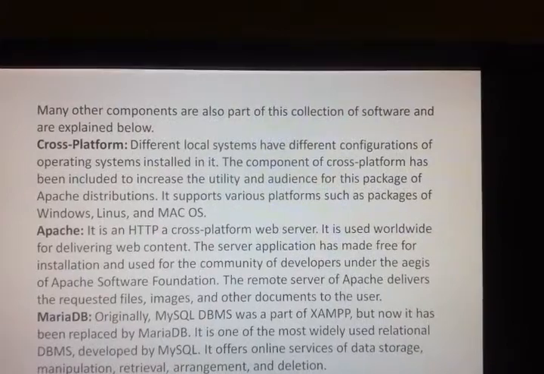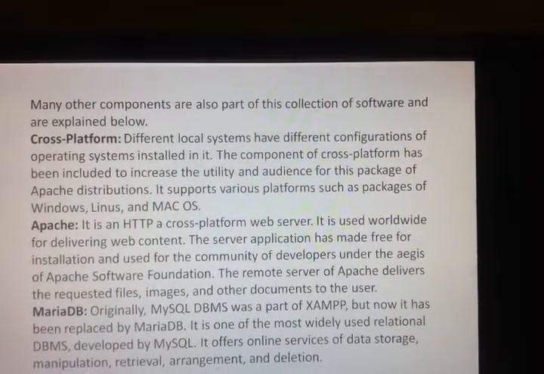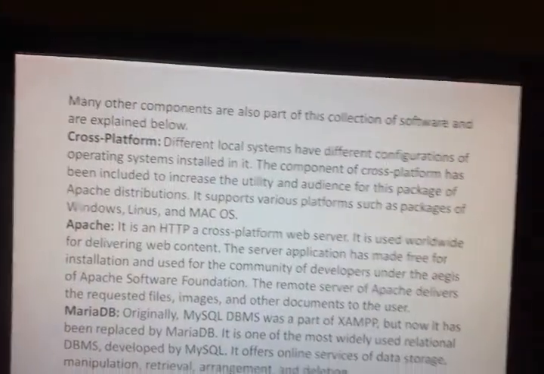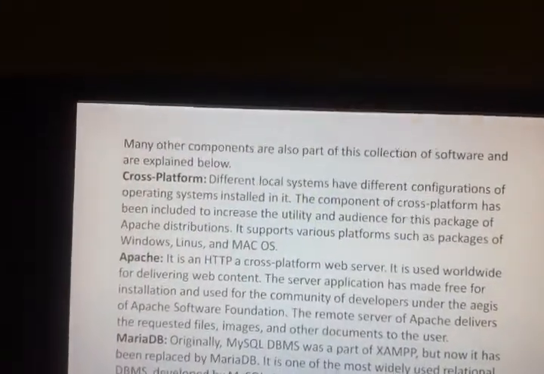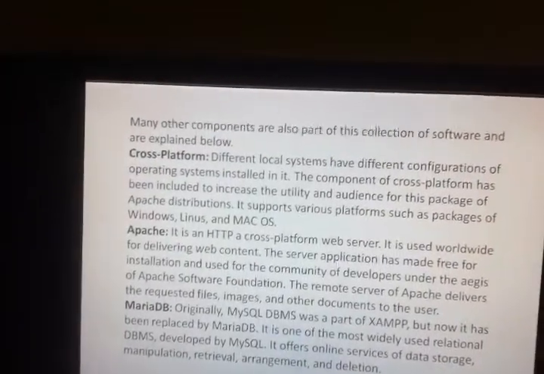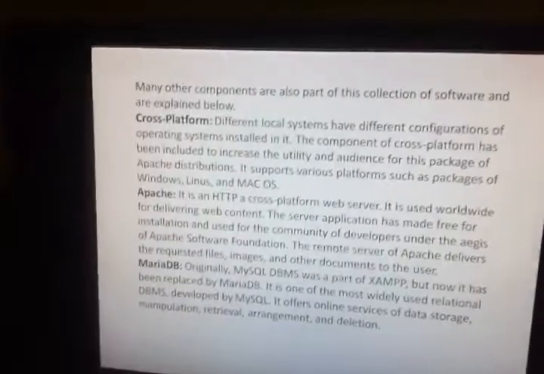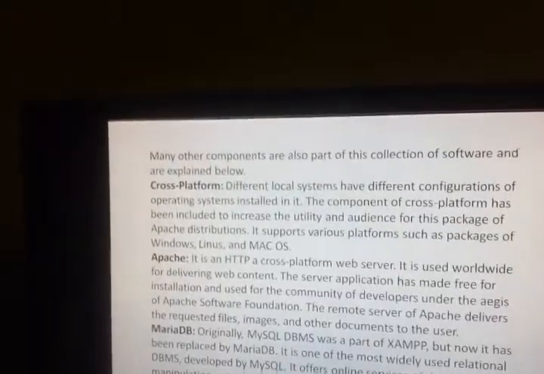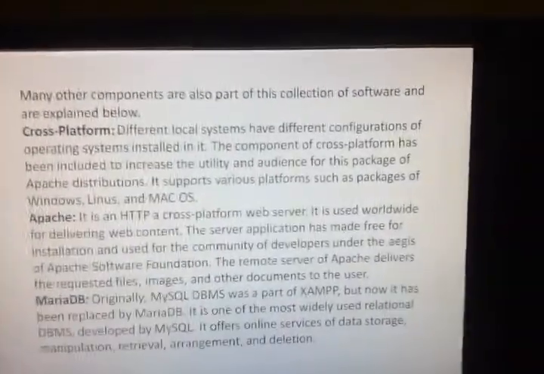It supports various platforms such as packages of Windows, Linux and Mac OS. So in short, whichever platform you choose, our XAMPP will work on that. Whether it is Windows, Linux or Mac, you can run our XAMPP on all different platforms. That's why it is called cross-platform.